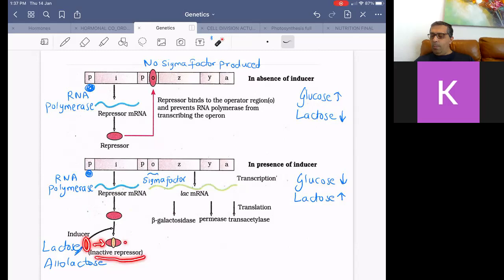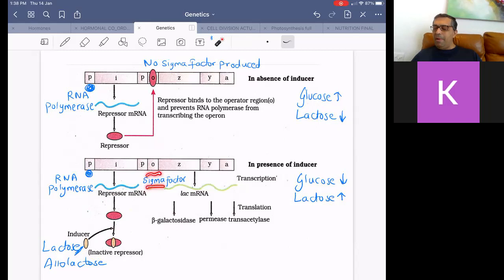तो रिप्रेसर प्रोटीन के ऊपर लैक्टोज या एलोलैक्टोज आके चिपक जाते हैं, एंड दैट विल चेंज द शेप ऑफ द रिप्रेसर प्रोटीन. रिप्रेसर प्रोटीन का शेप चेंज हो जाएगा, एंड वंस द शेप ऑफ रिप्रेसर प्रोटीन इज चेंज, द रिप्रेसर प्रोटीन कैन नॉट बाइंड टू द ऑपरेटर, बिकॉज रिप्रेसर प्रोटीन का शेप चेंज हो चुका है. It cannot bind to the operator, so operator is free, and it will produce by transcription mRNA,